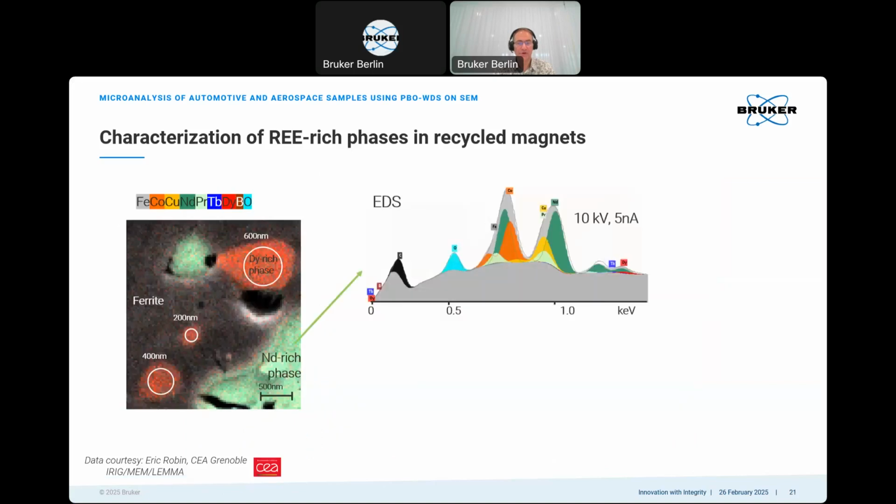And now we have a look also at the third phase here, the green phase, the neodymium-rich phase, and there's a lot of overlap between iron L lines, cobalt L lines, and the rare earth elements praseodymium and neodymium. We use in this case a slightly higher acceleration voltage to have a higher signal. This is something we can afford here with the larger phase, 10 kV. And with EDS,